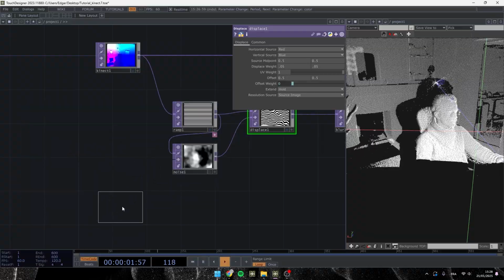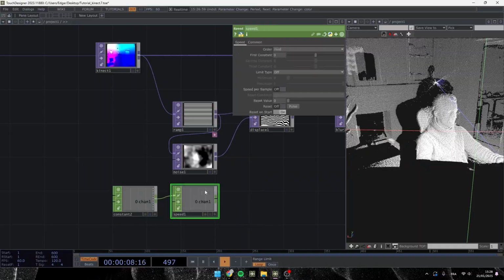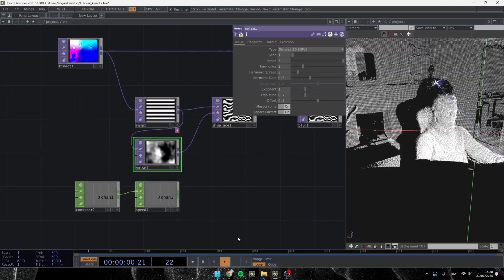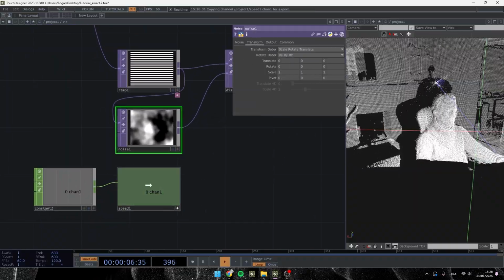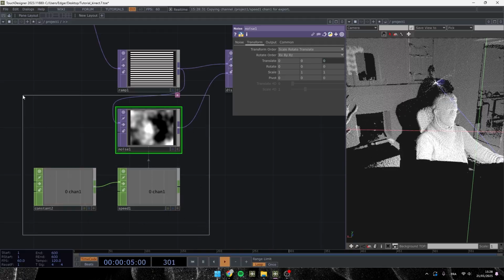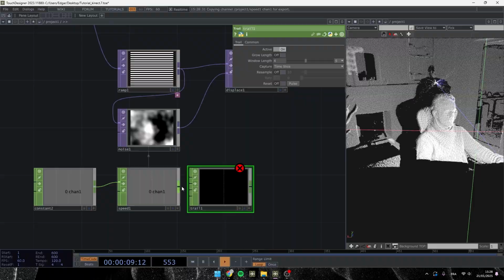We'll make it move. So add a constant chop, add a speed chop, and on the noise, go to the transform tab, click on the plus of the speed, and drag and drop this here, chop reference. So if we want to understand how the constant speed works, we can add a trail